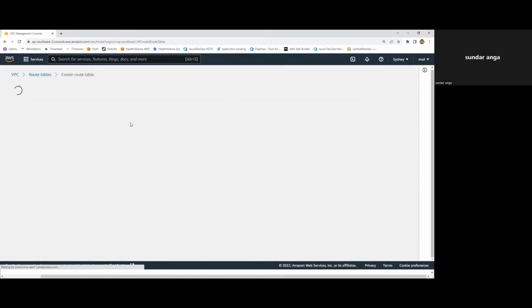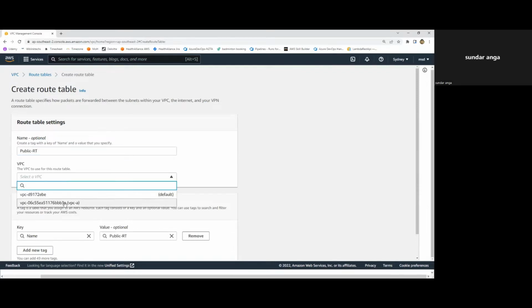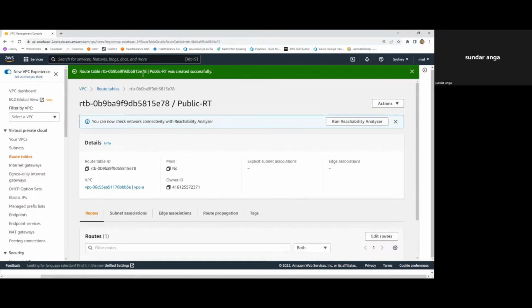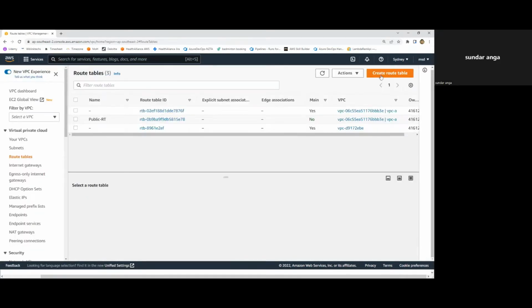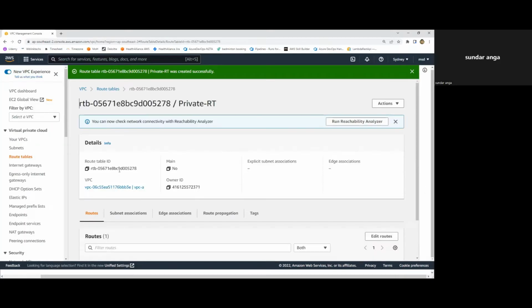So I will create a route table. I will call it public route table. The VPC is the one I have created. That's it. And then I will create another route table for private. I created another route table for private. All right. So if we look at the routes